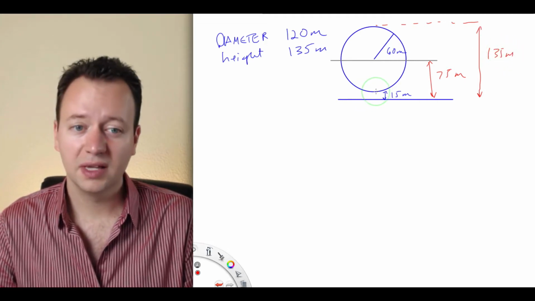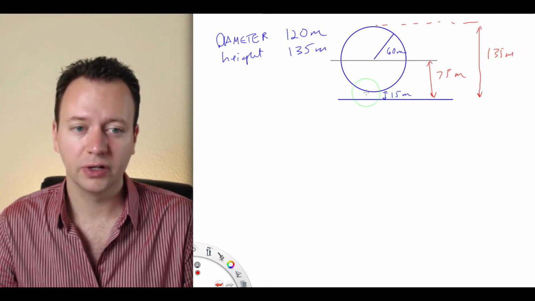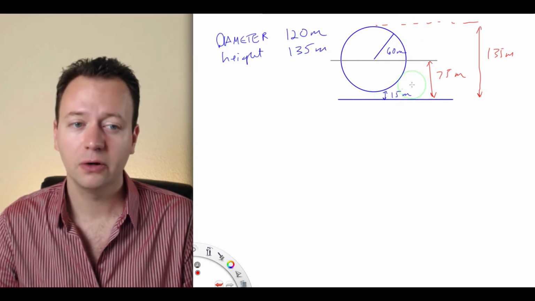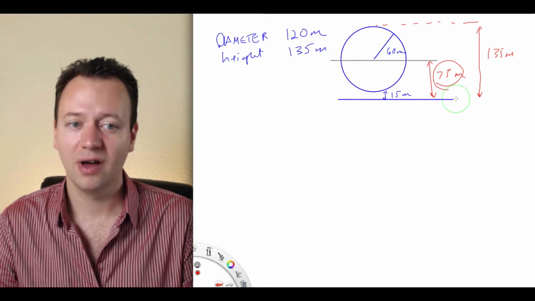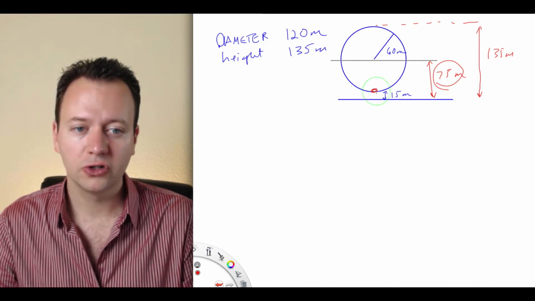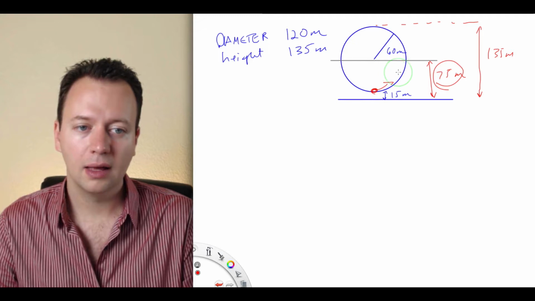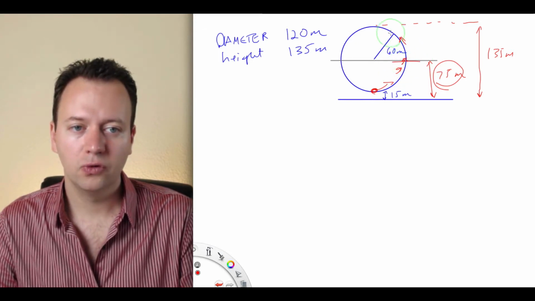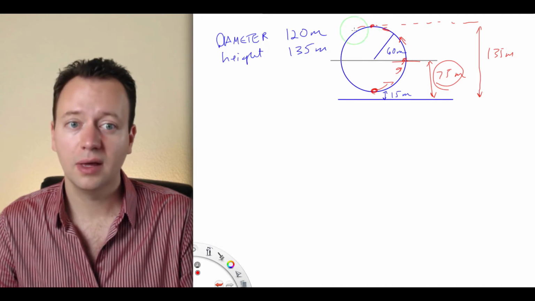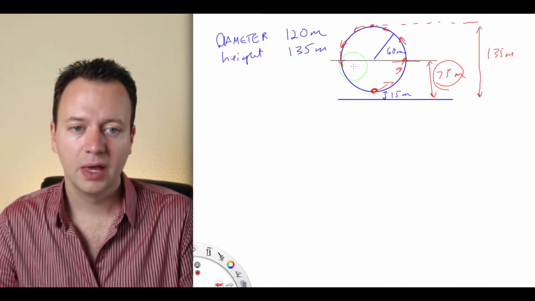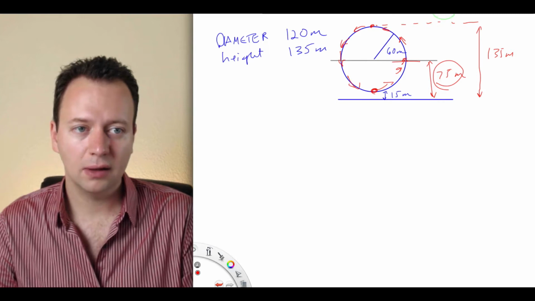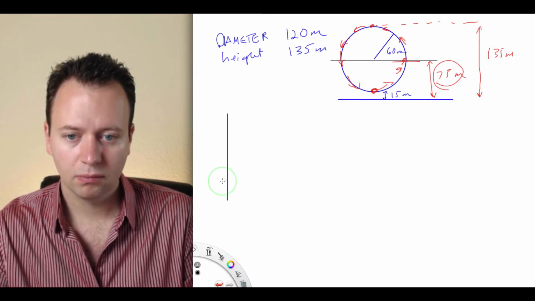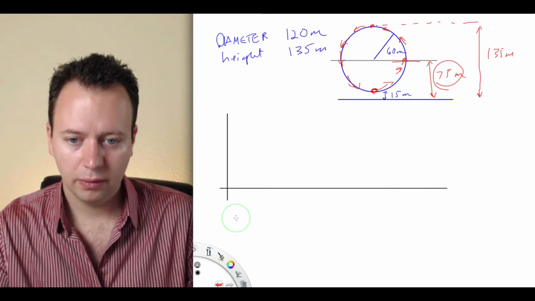So basically the trough of the sine or cosine function will be at 15 meters, and the peak will be at 135 meters, the midline 75 meters. Now a passenger is going to start at the bottom and move up like this, past the midline, move to the top, and then start coming down on the other side. So if you think about the height of the passenger as a function of time,